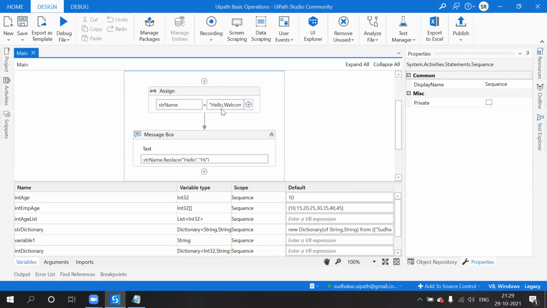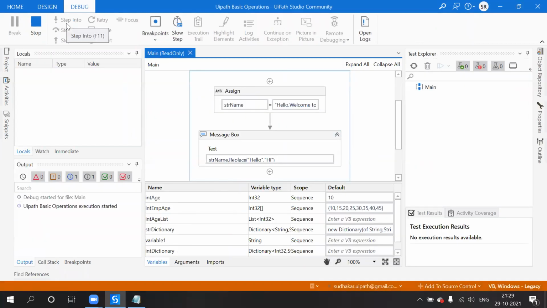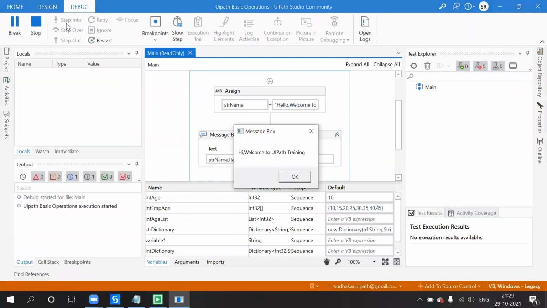So what I am doing now, previously I said get the portion of the string out of the main string, or text out of a string. Now I am trying to replace a value. So replace means wherever hello is there, it will be replaced.